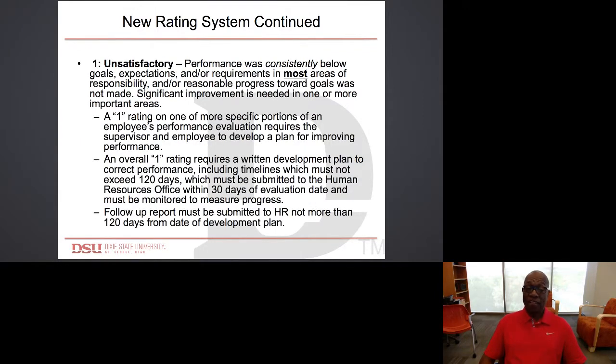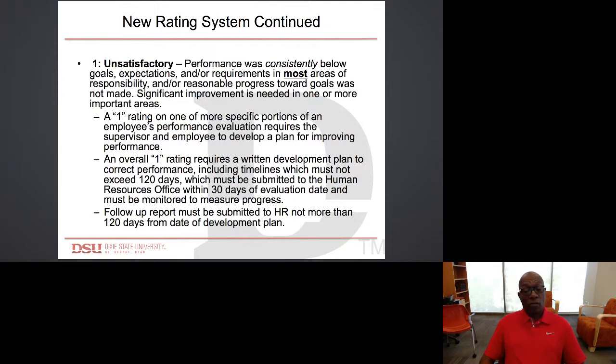And 1, unsatisfactory. Performance was consistently below goals, expectations, and/or requirements in most areas of responsibility, and/or reasonable progress toward goals was not made. Significant improvement is needed in one or more areas. A 1 rating on one or more specific portions of an employee's performance evaluation requires the supervisor and the employee to develop a plan for improving that performance. An overall 1 rating